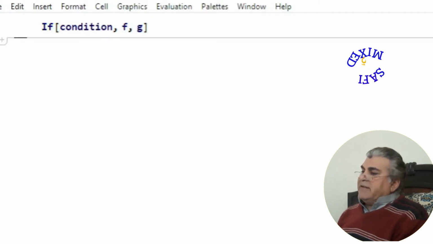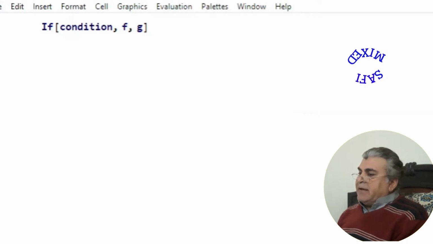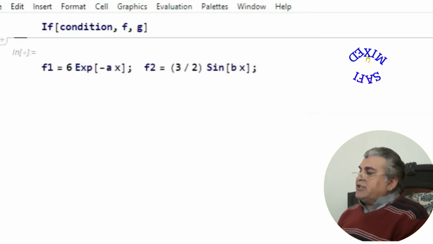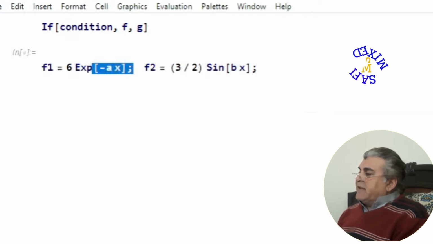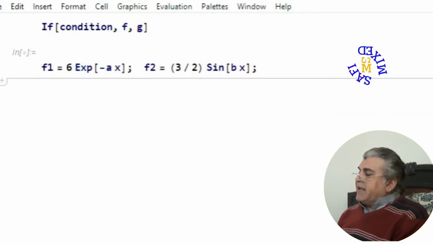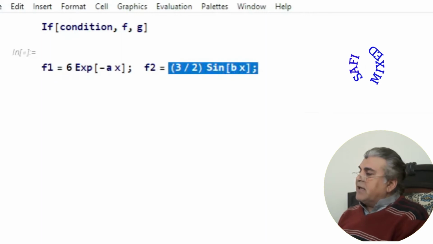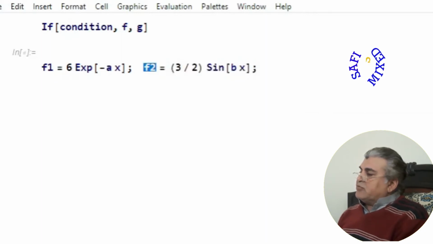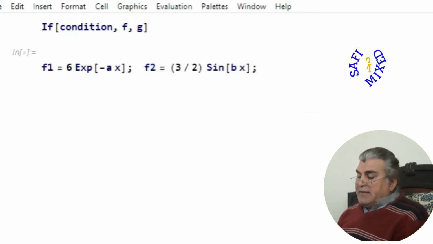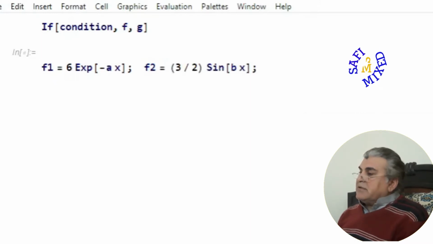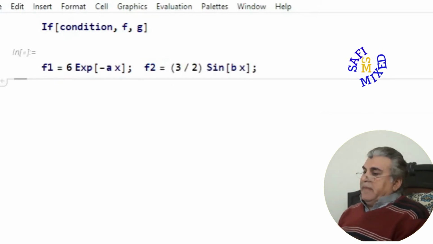With that said, first I split the given conditional equation into two parts. The first part, which is 6 times exponent minus a times x, I assign to f1, and the second part of the conditional equation, which contains the sine function, I assign to f2. If I run this part,